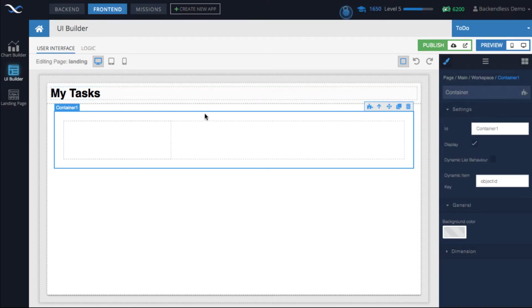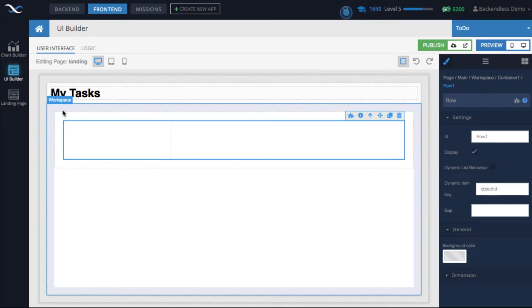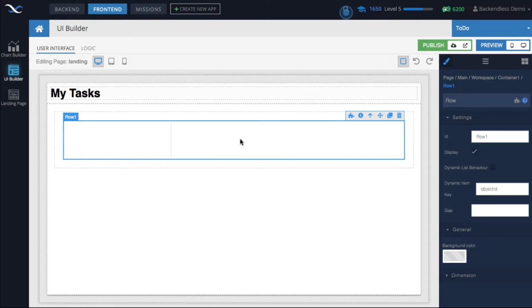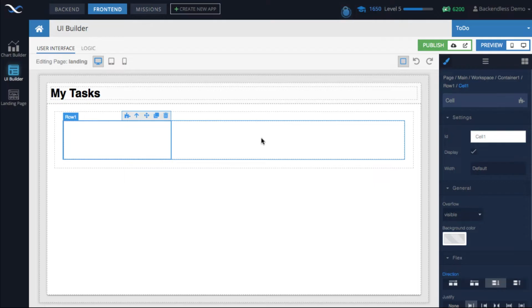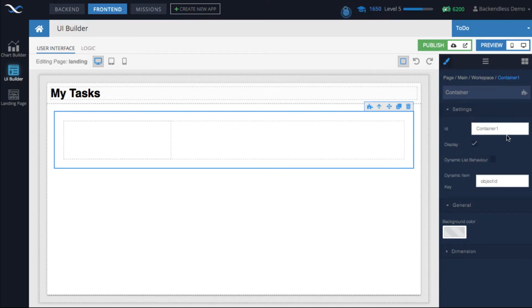The container consists of a row, and then when you select a component in the UI Builder, you see right here in the corner, it tells you what that component is. So the container has a row, and that row has one cell. You can add multiple cells. In our application, it's going to be just one cell because it will be sufficient. By the way, select the container and let's give it an ID. We will call it to-do list, and you will see why I did it. It will be referenced in our logic.